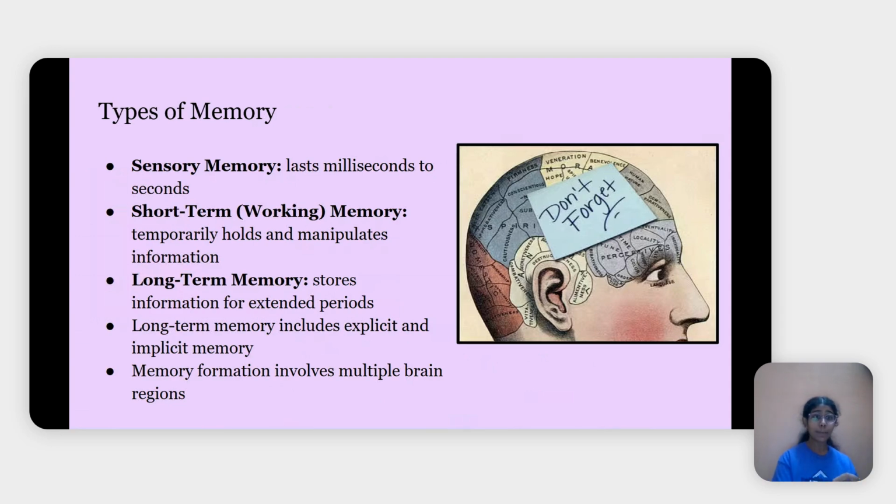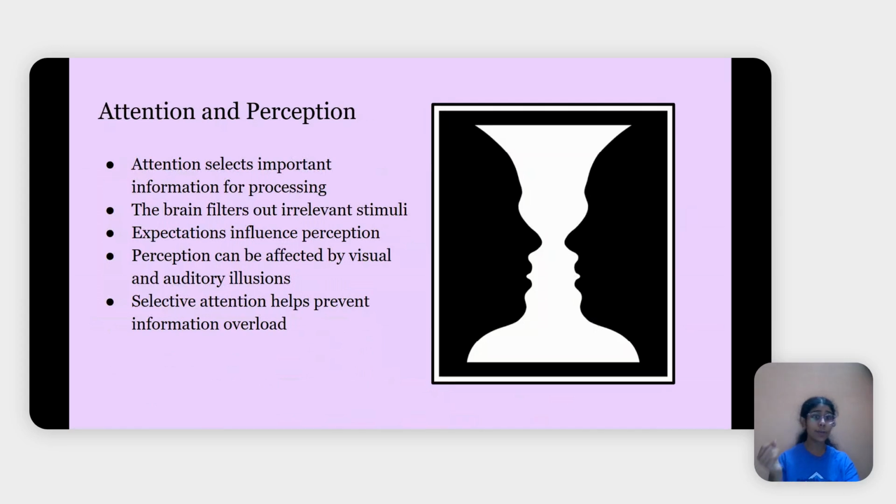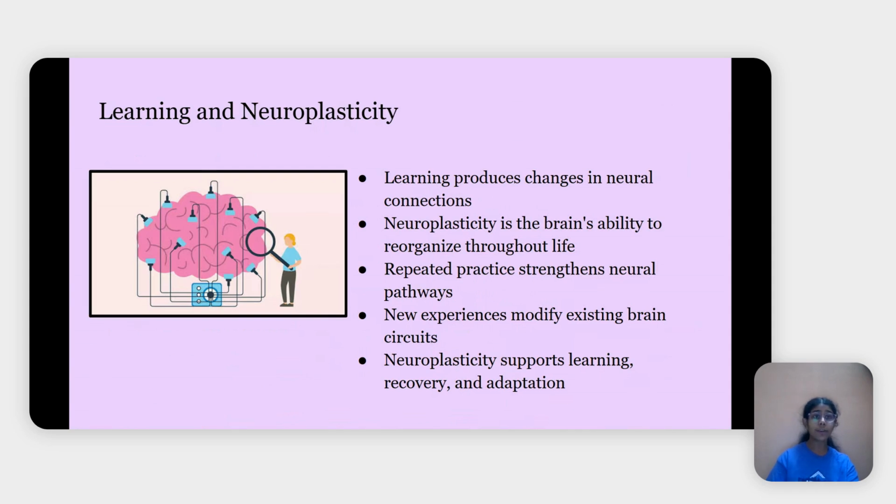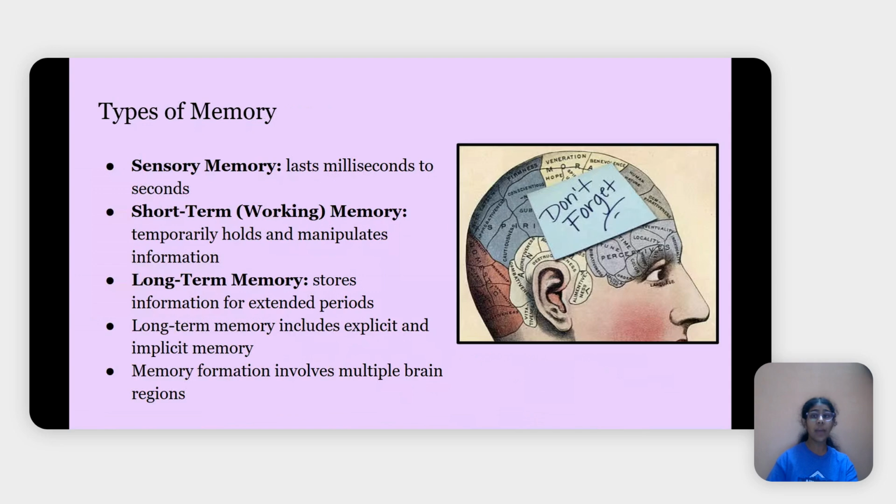However, perception, as we saw, is extremely memory dependent because that's what sets our expectations. And learning is also extremely memory dependent because this relies on our long and short-term memory alike. So in order to better understand these two, we have to understand memory. There are different kinds of memory. We have sensory memory. This lasts a few milliseconds to seconds. This is what we talk about when we're talking about sensory reception within the afferent pathway. Then there's short-term or working memory.